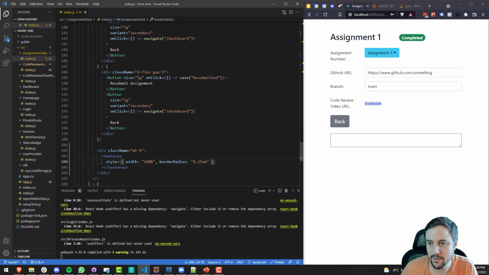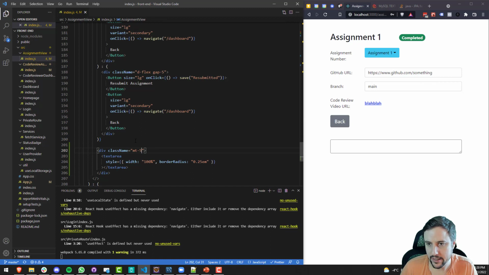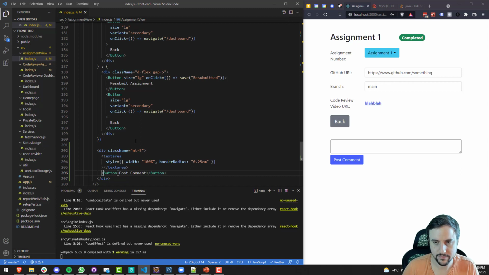So we'll have that text area for comments, and then maybe have more margin, top. And we can have a button underneath here that says, post comment. Boom. Good enough. Okay, fair enough. We can do more with the look and the feel here, but the post comment button, we can do an on click, and we can say this will submit comment, right? And it'll submit what comment? It'll submit the